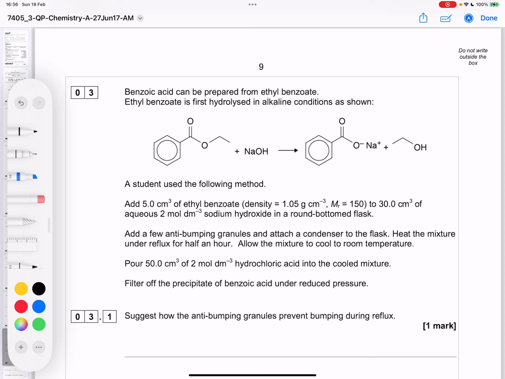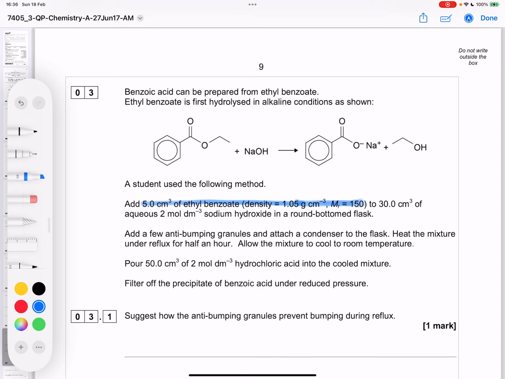Benzoic acid can be prepared from ethyl benzoate. Ethyl benzoate is first hydrolyzed in alkaline conditions. A student uses the following method. They add 5 centimetres cubed of ethyl benzoate, which has a density of 1.5 grams per centimetre cubed and an